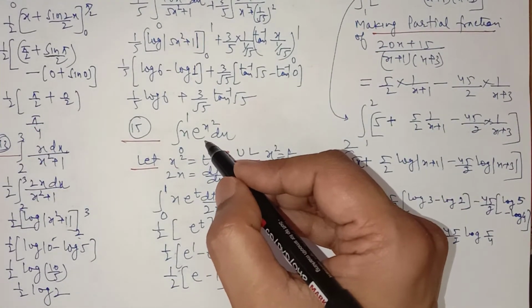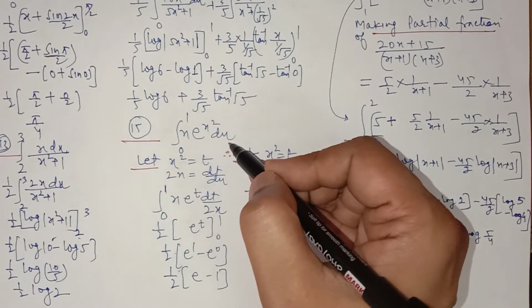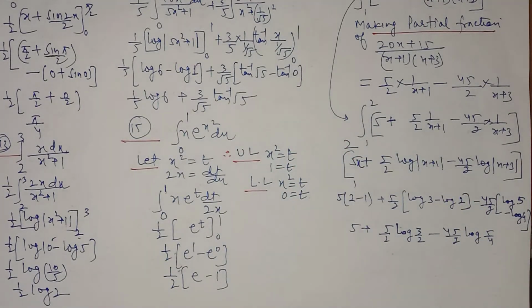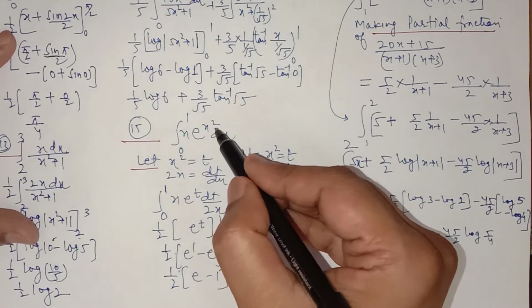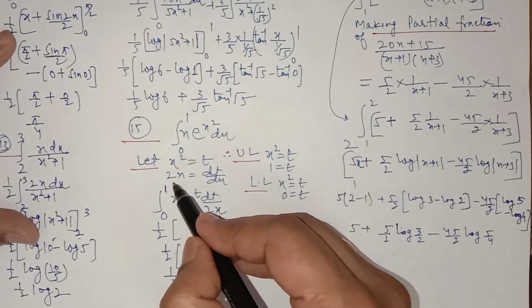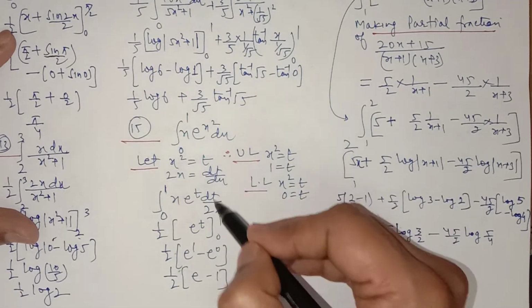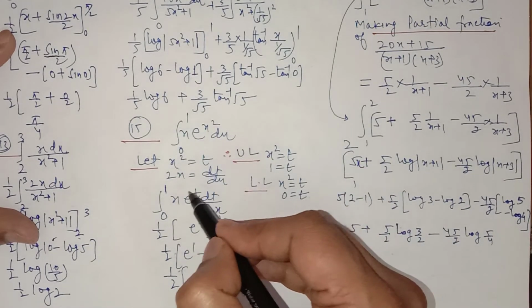Now you have to find the definite integral from 0 to 1 of x e raised to power x square with respect to x, as we have done in the proof of one of the properties. When you integrate by letting something, or by substitution, you have to change the upper limit and lower limit in terms of the changed variable. So I've let x square is equal to t, so dt upon dx is equal to 2x, and the value of dx is dt upon 2x, so x e to the power t. Now x will be cancelled out with x.